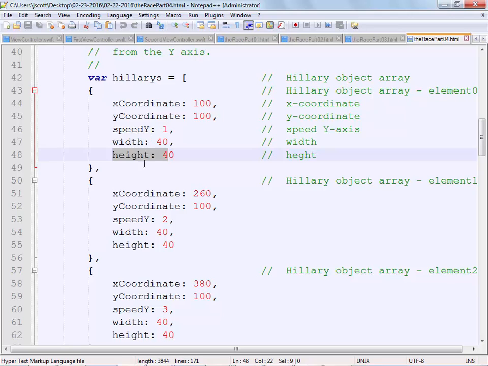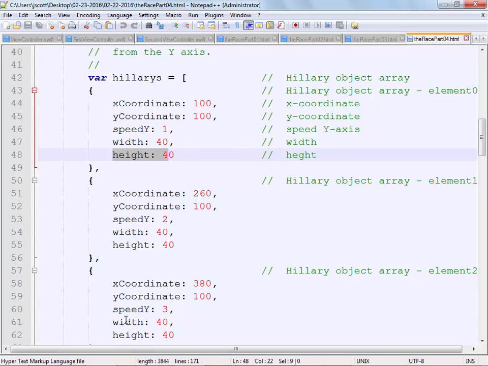You'll notice that the y's are all at 100, but the x's keep going up. All right, because we want one of the Hillaries here, then one here, then one here, then one here, type of an idea. You'll notice that the speed changes. It's 1, 2, 3, and then it's all the way up to 7, which will make it go a lot faster. All right? And you'll also notice that they're all the same size.